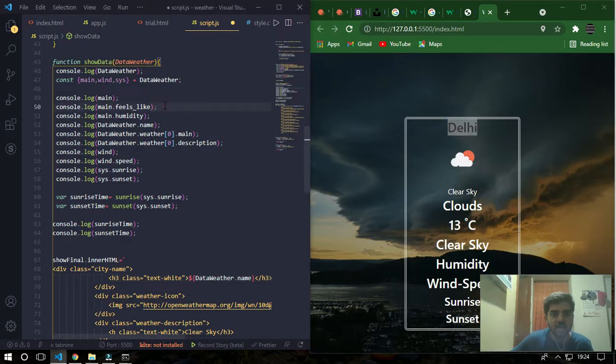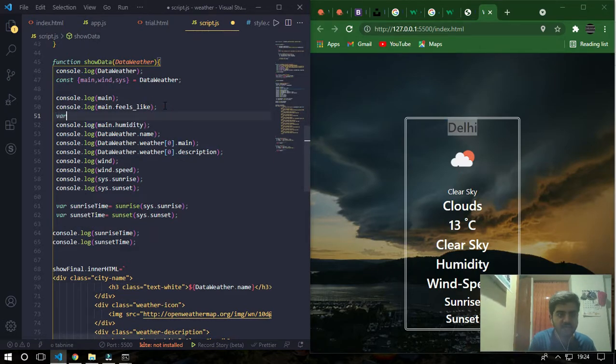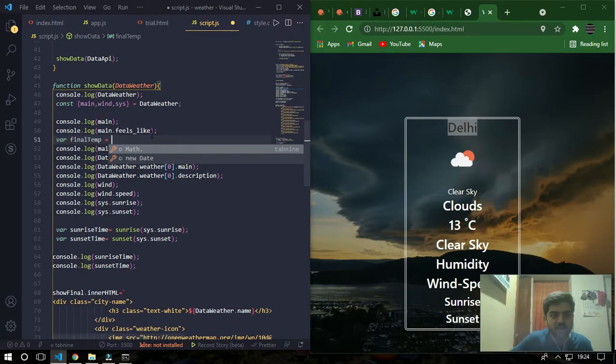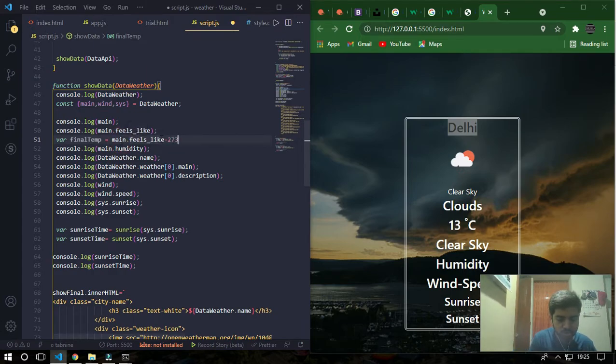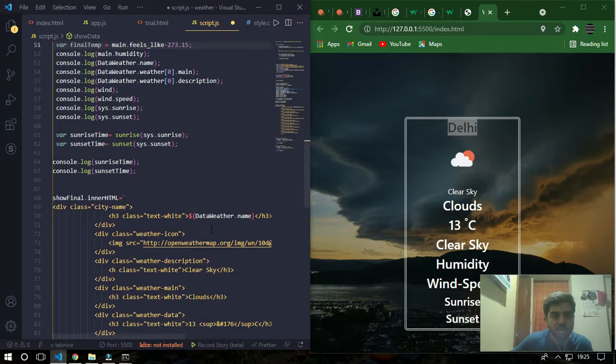Then let me just take a variable finalTemp equals to main.temp minus 273.15. Okay, now let's just use finalTemp.